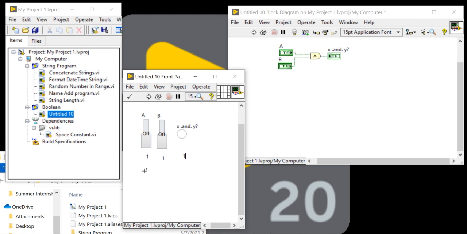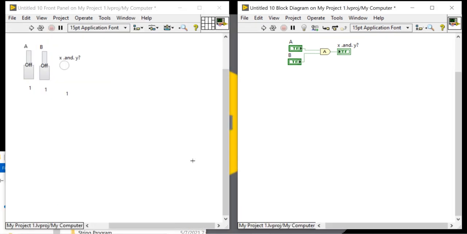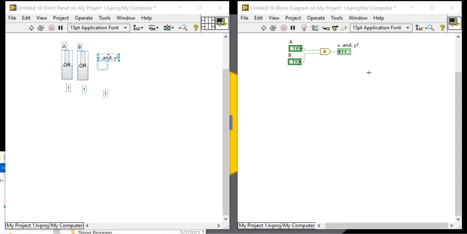Both are high, so the output will be high. If any one is 0, the output will be 0, right? So you can check it. Now the problem is not here. What I am trying to teach you, the problem is not here.